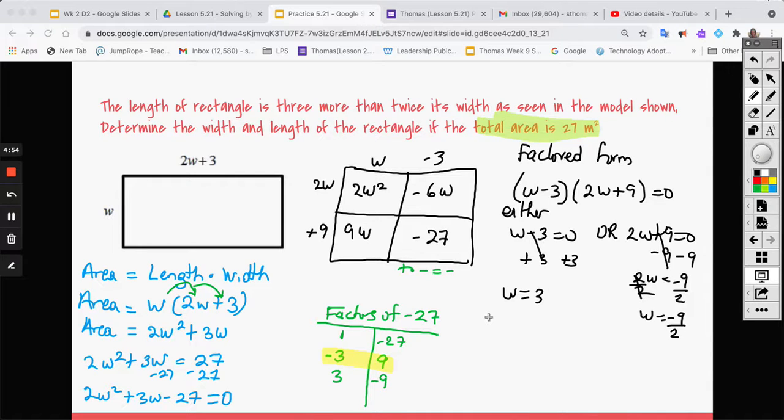And since we know that length cannot be negative or width cannot be negative, we know that the width would have to be a positive 3, right? So we're going to say that since width,